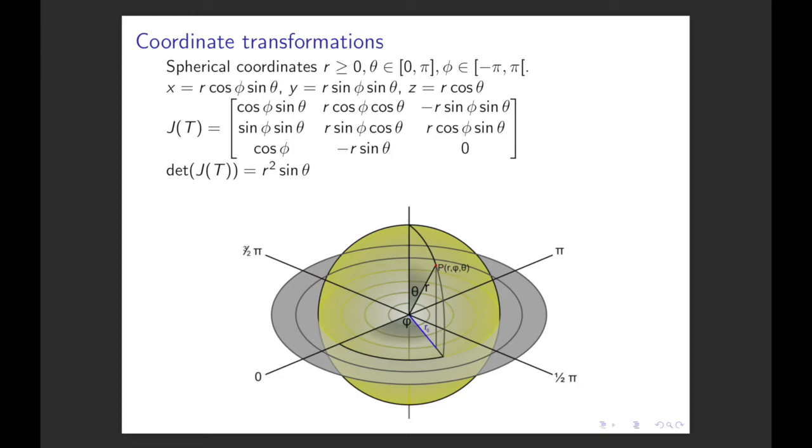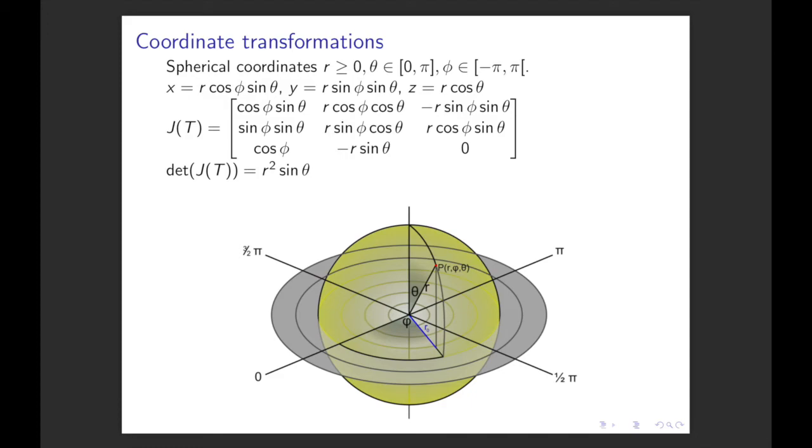Okay, now we can do exactly the same game with other coordinates. For example, with spherical coordinates. That's like polar coordinates but in 3D. So again, we have a radius that is larger or equal than 0. That is the distance from the point to the origin. And now we have two angles, theta and phi, where theta in this picture, and I think this is the standard convention, is from the z-axis down, and phi is as beforehand in the xy plane counterclockwise. So theta here is from 0 to pi, and phi goes from minus pi to pi,